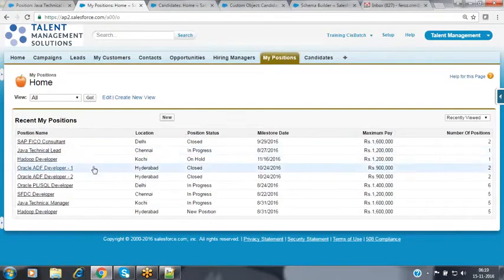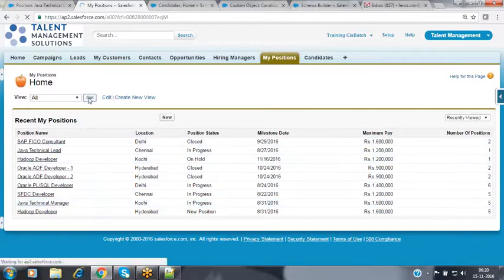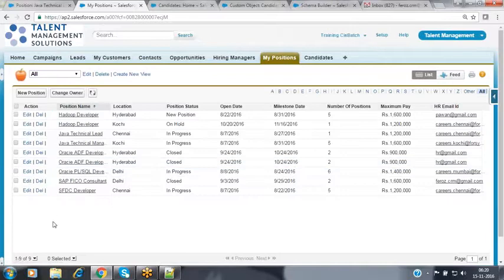The positions have different statuses: some positions are in progress, on hold, closed, and so on. Totally, how many position records are available? We have 9 positions, and from these 9 positions, 3 positions are already closed.